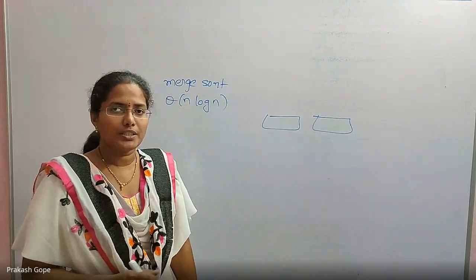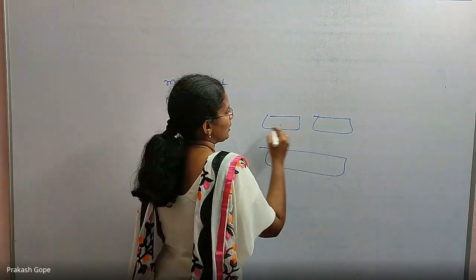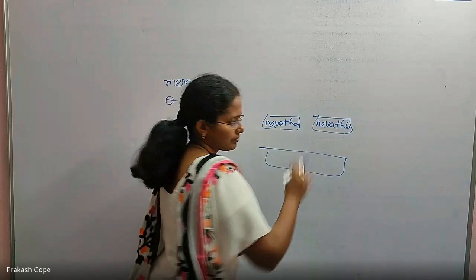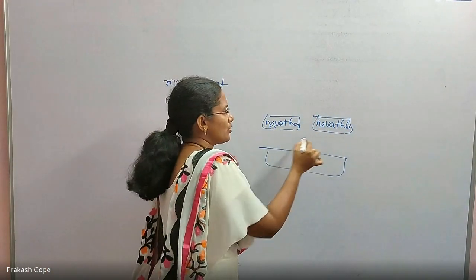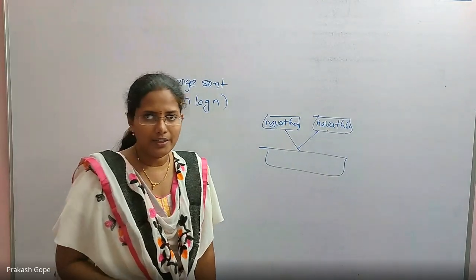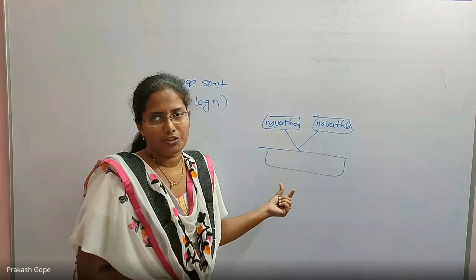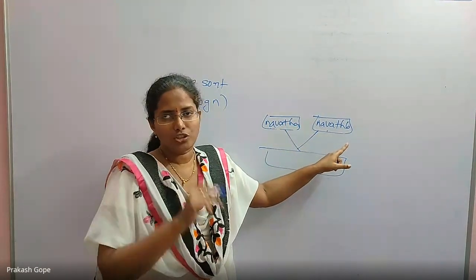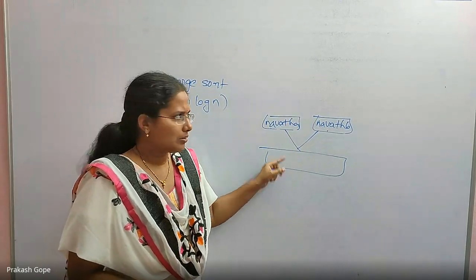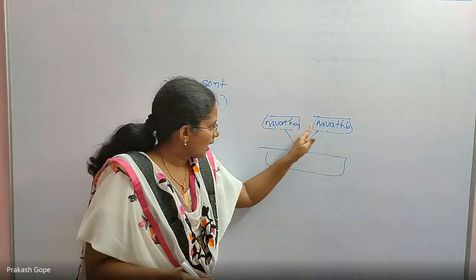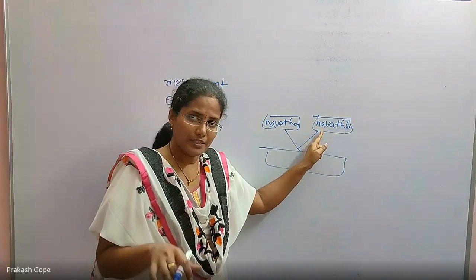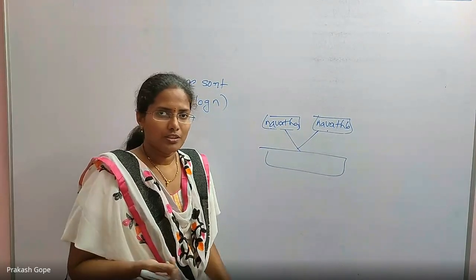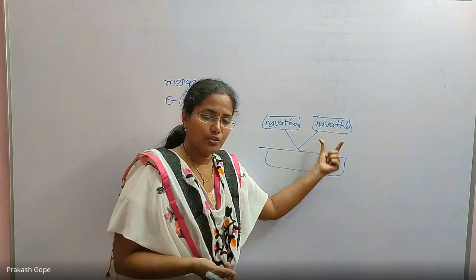But now I am talking about strings. I want to merge these two strings, NAVATHA and NAVATHB, into one sorted array. Whichever is smaller, I want to copy first. That is merging. If they were integers, one comparison is enough to copy the smallest one first. But these are strings of length n. First character compared same, second same, third same, fourth same, and the nth character is the difference.